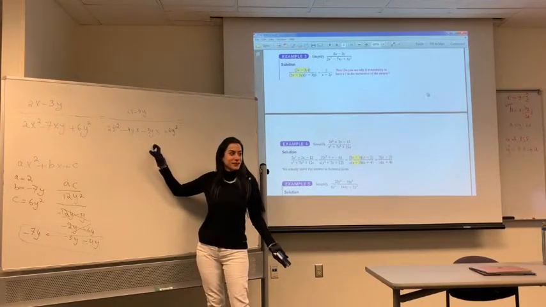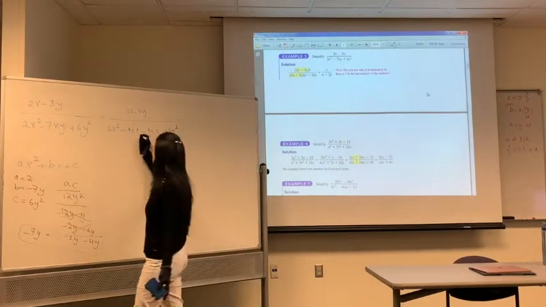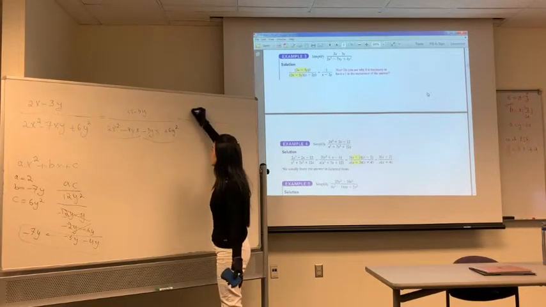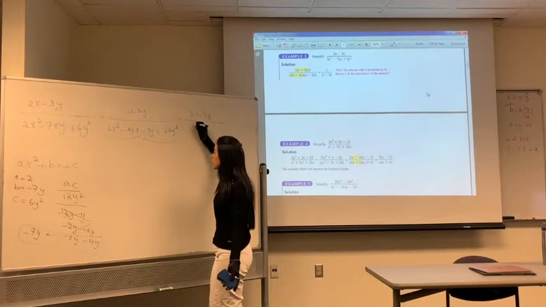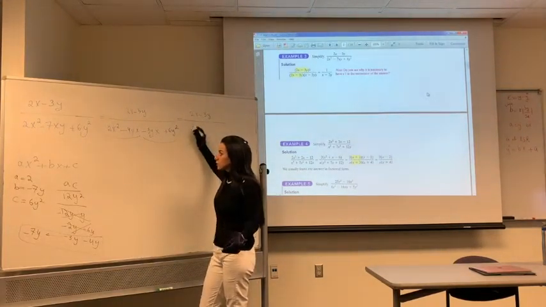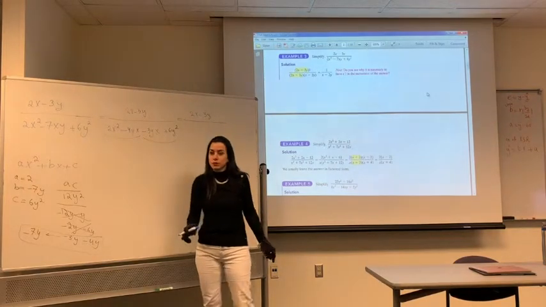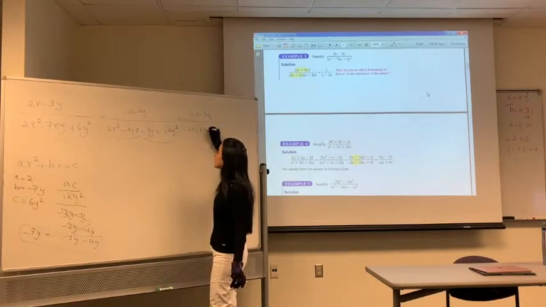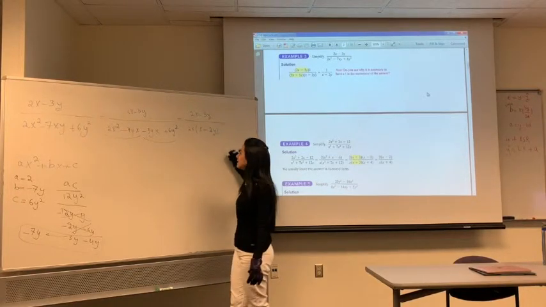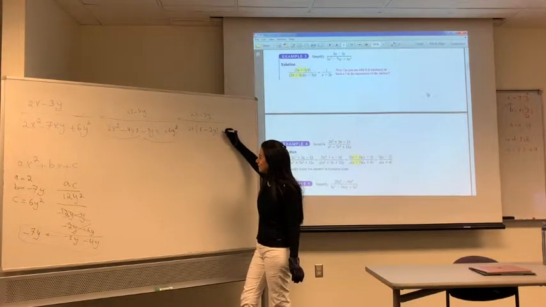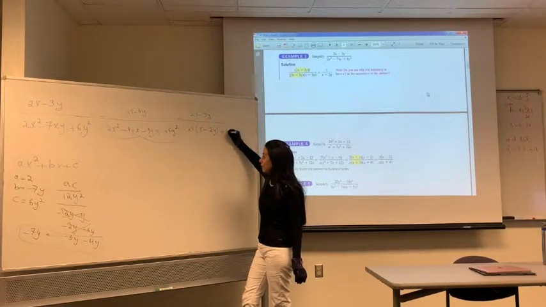Grouping. Correct? Grouping. So let's group these two and group these two. 2x minus 3y. And then we are going to use grouping. So what is common between these two? 2x. Correct. 2x is common. So we have x minus 2y remains. Correct? What is common between these? 3y. So x plus